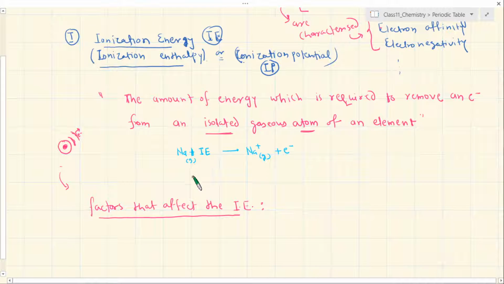Similarly, when you talk about an element like aluminium, you have magnesium also, you can remove up to 2 electrons. But let me take the example of aluminium. You know in the valence shell you have 3 electrons, so aluminium's atom in gaseous state when taken, and let's say you supply the energy to remove the first electron, then it becomes aluminium plus 1 gas plus 1 electron. Now this is the amount of energy which is only required to remove 1 electron. Let me call this IE1.